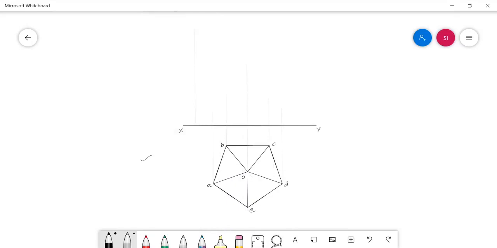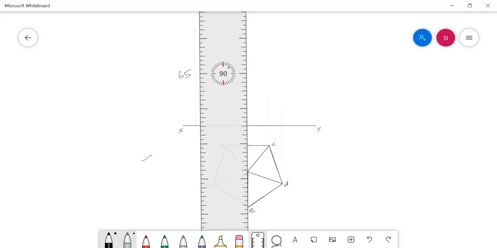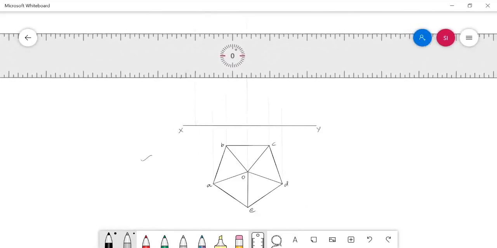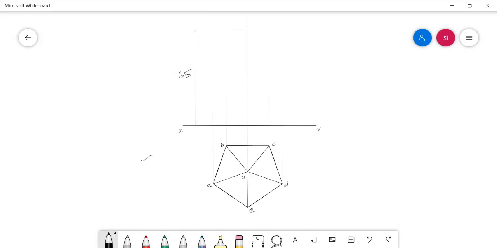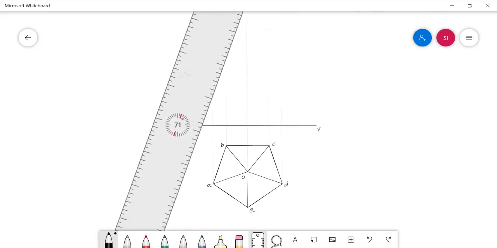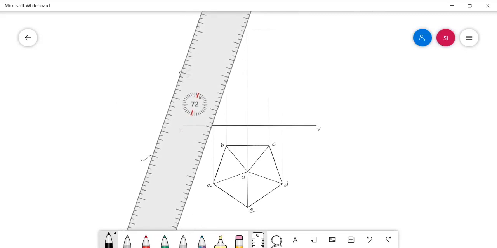With that height, I am fixing the apex point. And then I need to connect the slant edges one by one.